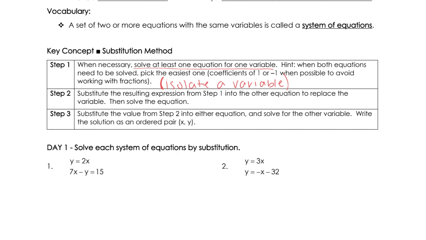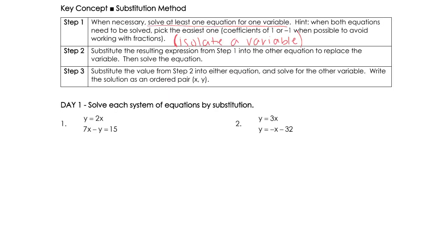So before I read any of the steps, we're going to go ahead and look here at numbers 1 and 2. So looking at number 1 here, step 1 says isolate a variable. Well, I see that this y has already been isolated. So what I'm going to do is I'm going to draw a box around whatever y equals. Now, whatever y is equal to, I'm going to take that box and substitute it in for y in the